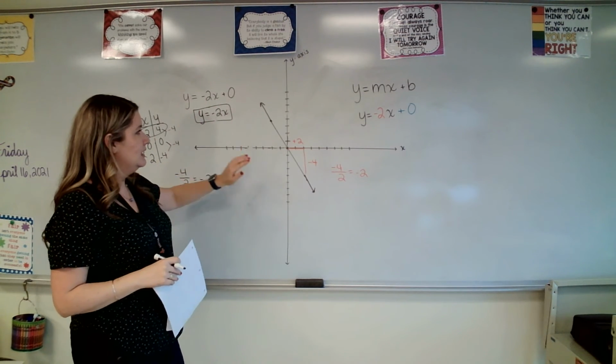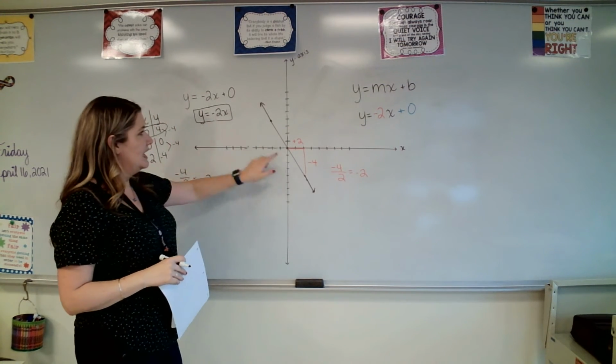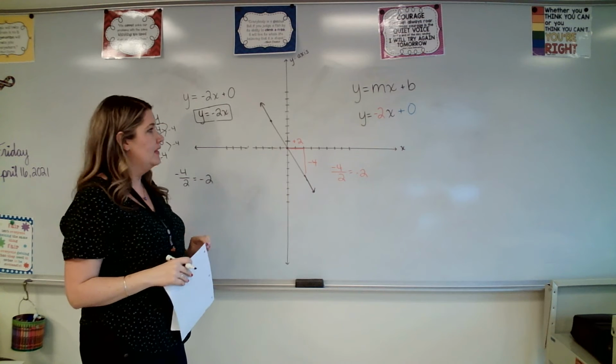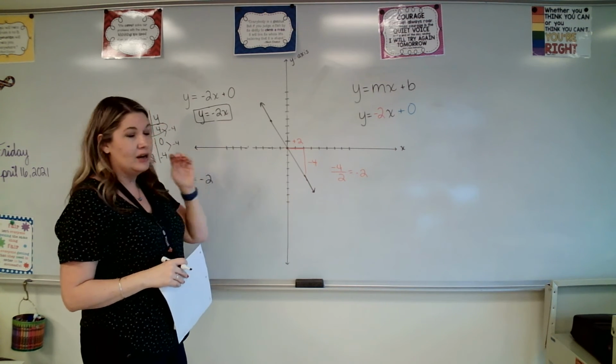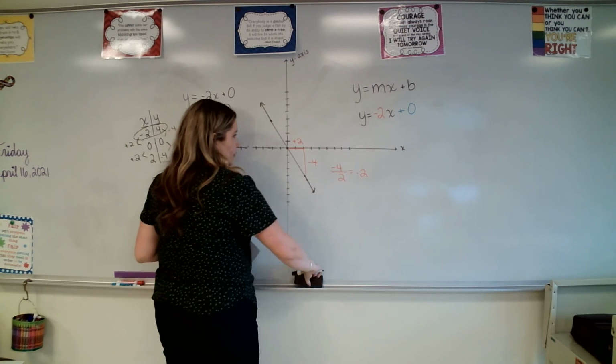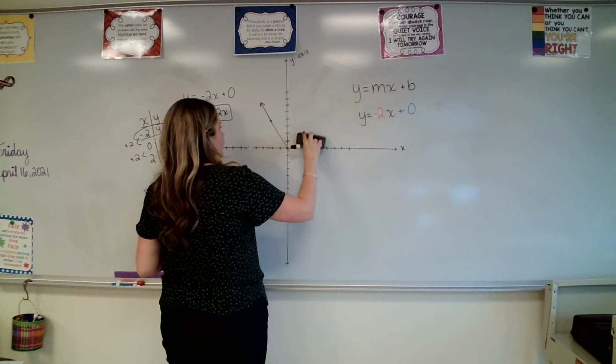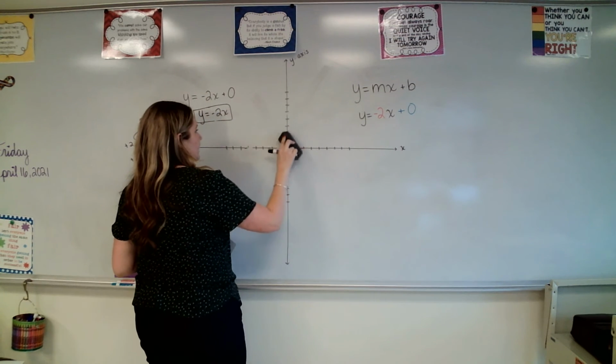This equation cannot describe any other line on the coordinate grid. This is almost like the name of this line. The other line we drew earlier, that equation could only create that line. For example, if I wanted to go backwards and I have the equation and I want to see what the line would look like,